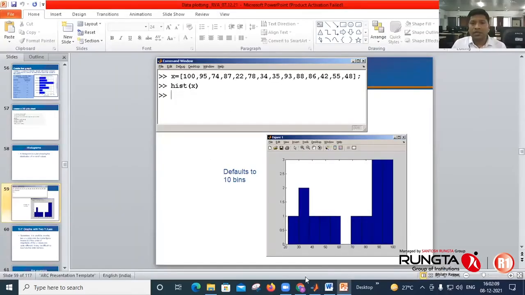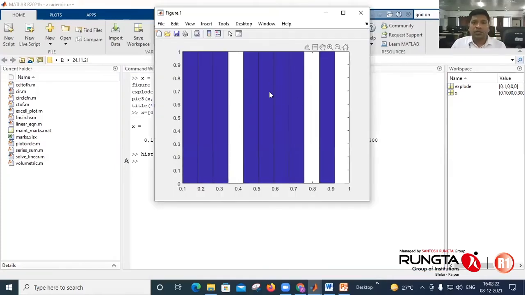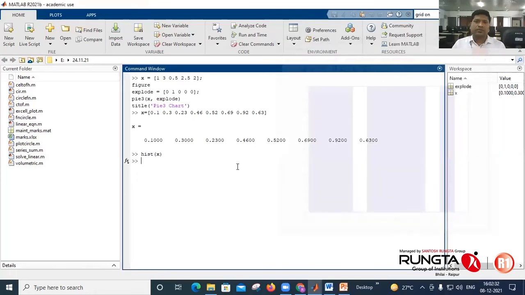So it will create the histogram. Like this, it has generated the histogram. Okay, so again clearing the screen. Clear all, clc.